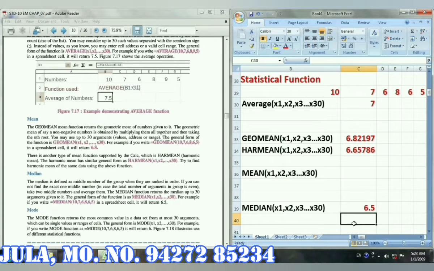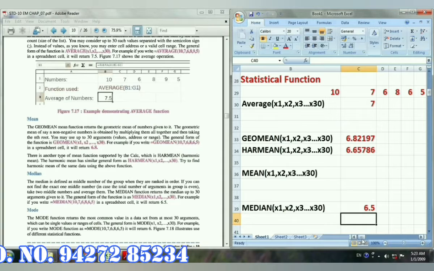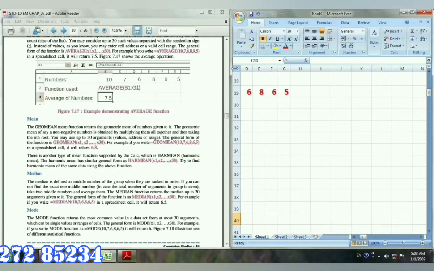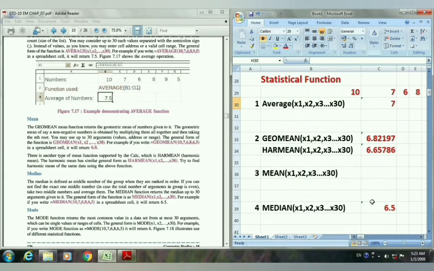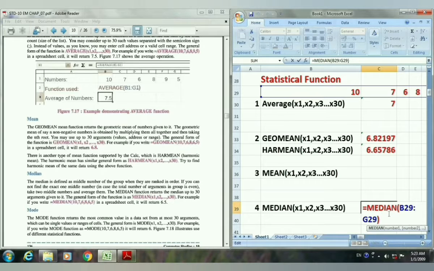Now I will explain with an example. Here I am adding the next number also, that is 7. Now we will see what the median value is. We have to give the cell range again, because we have changed the range. So now I will delete this one.